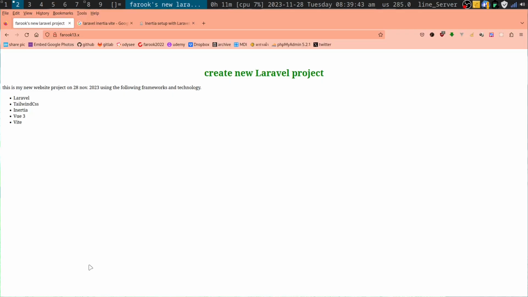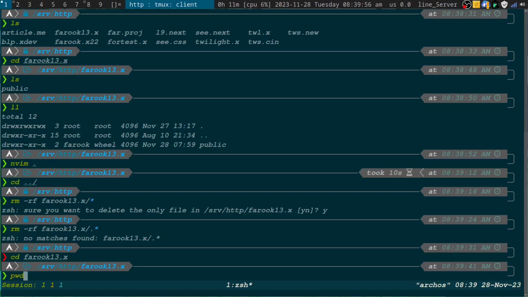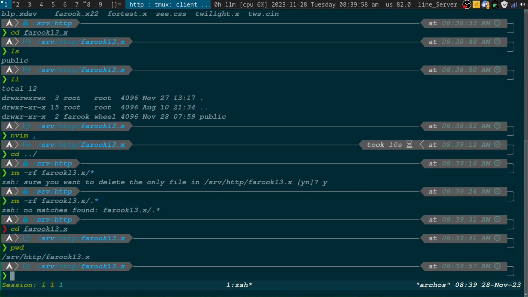If I now go back to the web browser and refresh, you see that there are no files in here because we already deleted them. Now it's just an empty folder. We are inside of this folder already, right? Now let's create a new Laravel project. We're going to do it through Composer,